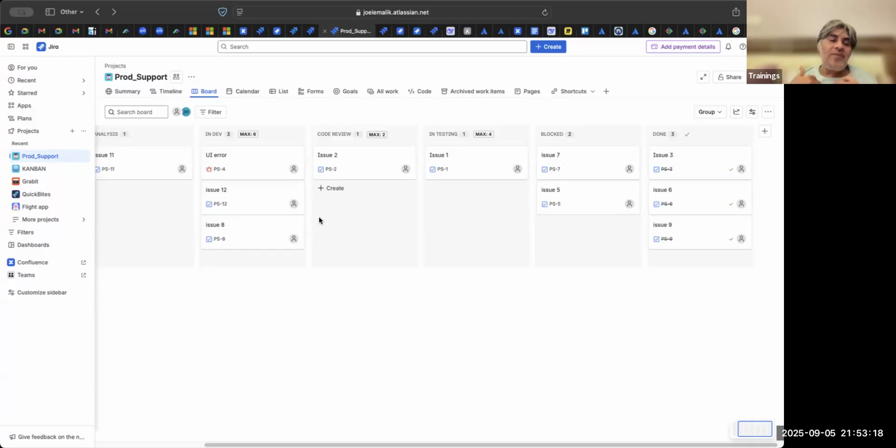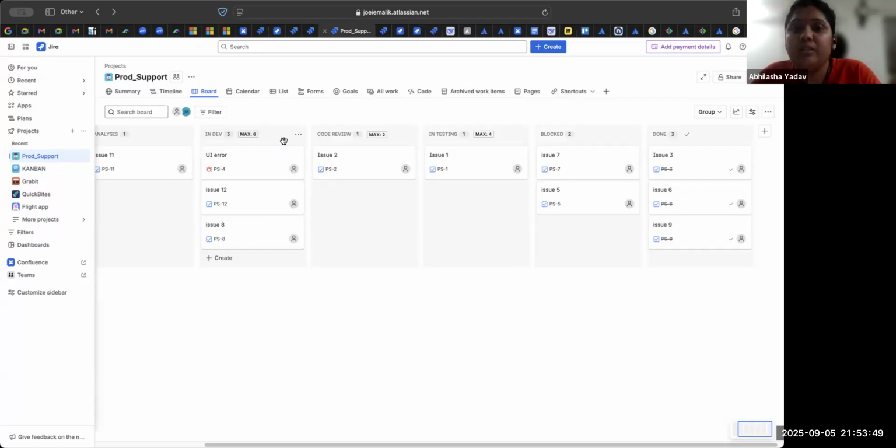Because see, if I have 6 items on my plate, then I will not be able to handle it. It could be I have 2 items in testing, 2 items in code review, 2 items in development. In that case also, I will not be able to handle it. But again, you can check with the team. So for example, I have put it 6, assuming that everybody can handle 3. Maybe there is a senior developer who can handle 5 items. So I will correspondingly change this limit, whatever the team is comfortable with.